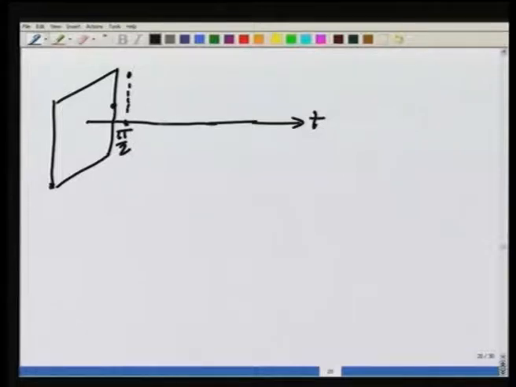Then at omega t equal to pi, this will be equal to minus 1. So, it will be again in the horizontal plane here, somewhere around here, and then at omega t equal to 3 pi by 2, it will be minus 1 plus j 0, it will be here. So, we need to draw a curve that passes from this point to this point, and then comes to this point, and then goes to this point. It would look like this.